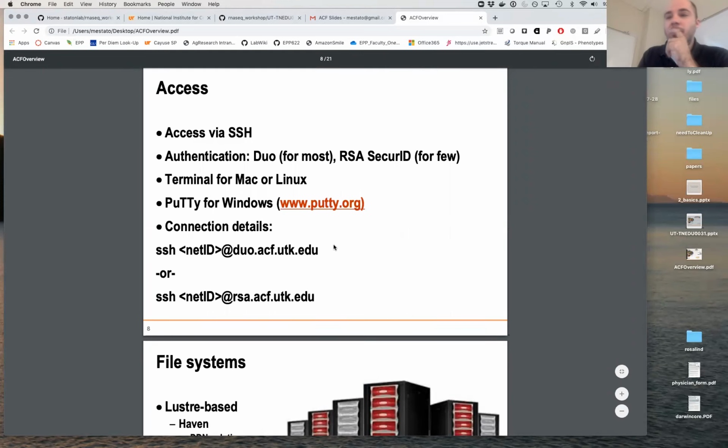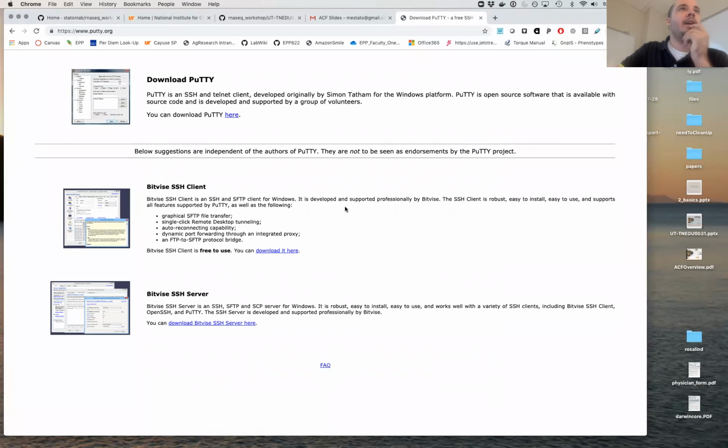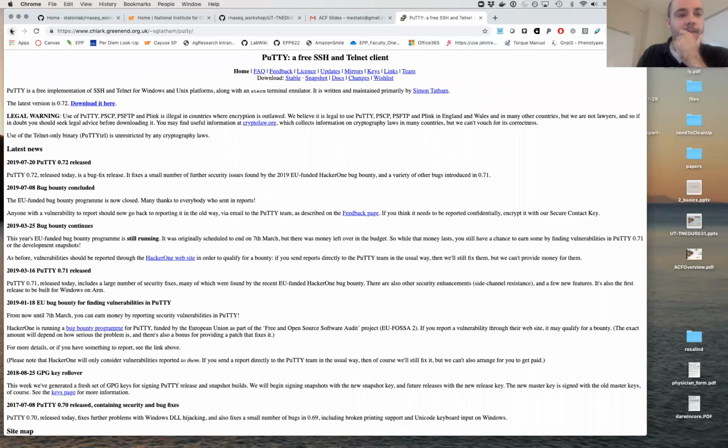So if you have a Windows machine, you have to download an SSH client. PuTTY is the most common one. It's free. It's a very, very small download. It just takes like 30 seconds. I won't download it on here,